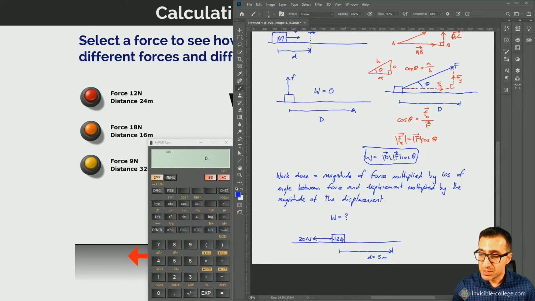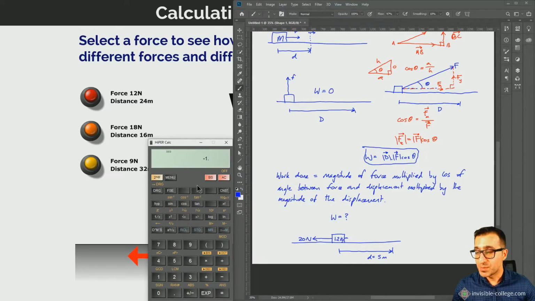The displacement is acting in this direction to the right. But the force is acting to the left, which means the angle between the force and the displacement is in fact 180 degrees. Now, if you take the cosine of that angle, 180 degrees, you'll find that it comes to